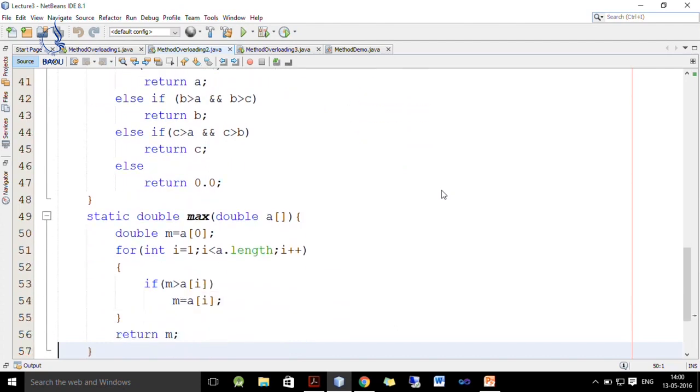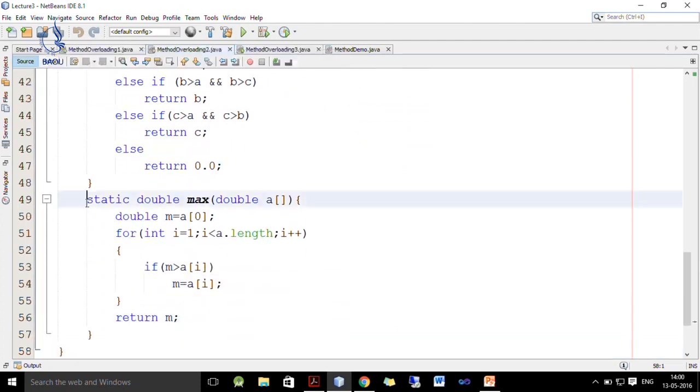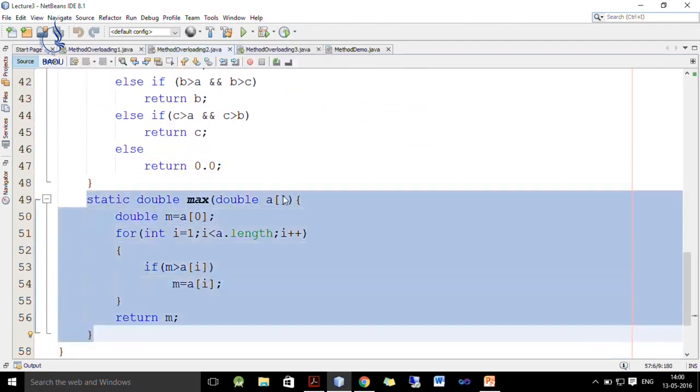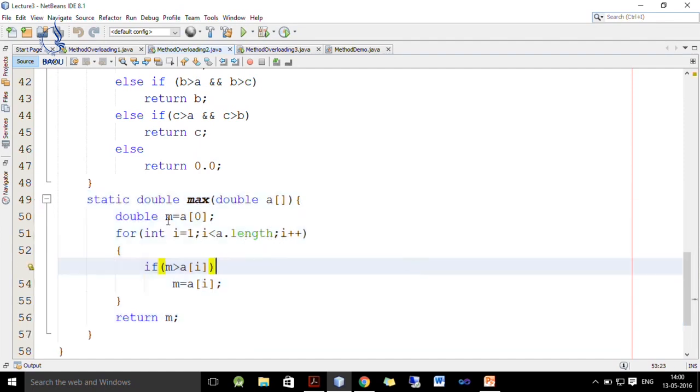The last method takes an integer array as argument. Initially, we assume that the first element is the maximum.